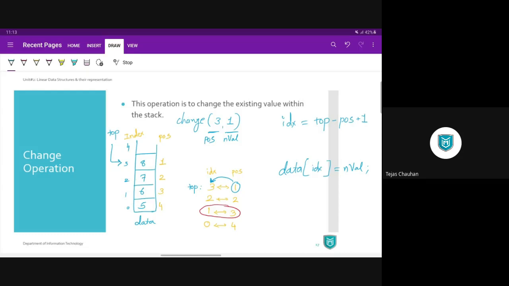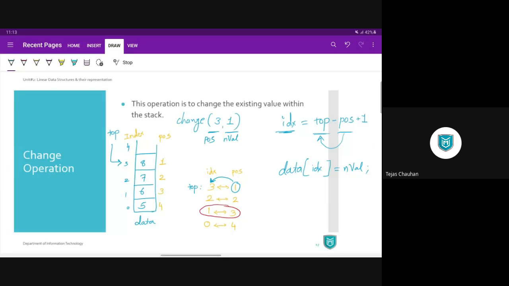If you have 5 values, then your top will change. If you have 2 values, then also your top will change. Correct? So calculating position will depend on top. Everyone clear with this part? The user will calculate positions 1, 2, 3, 4 starting from the topmost element, and top may vary based on the current status, which means calculating the index should always depend on top, because indirectly position is calculated based on top. Fine. So top minus position.